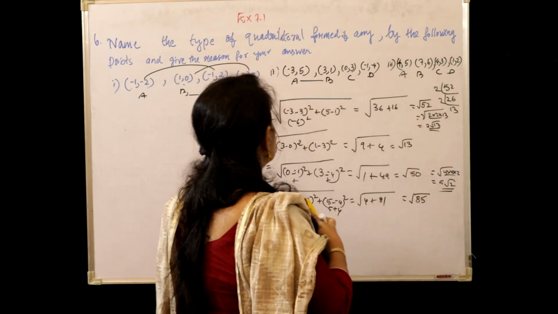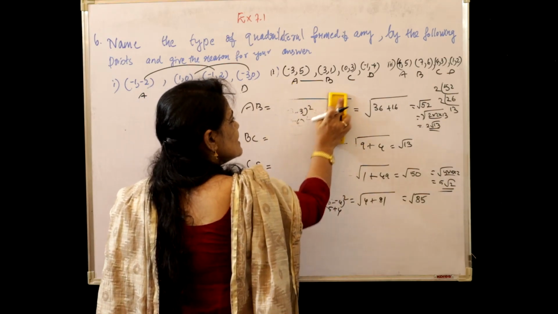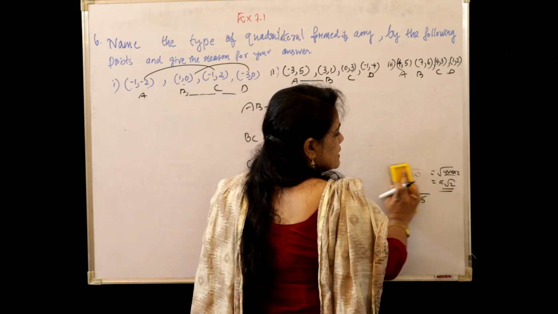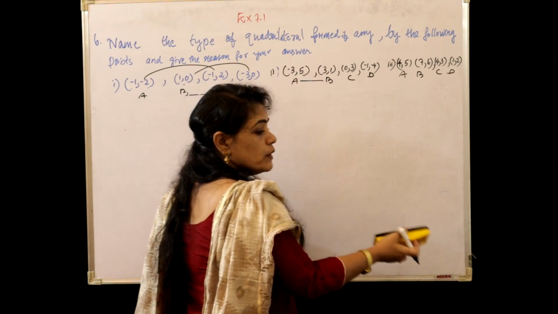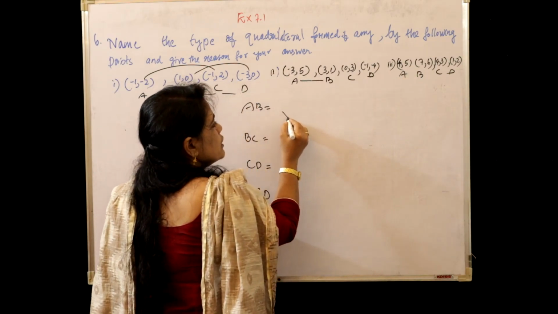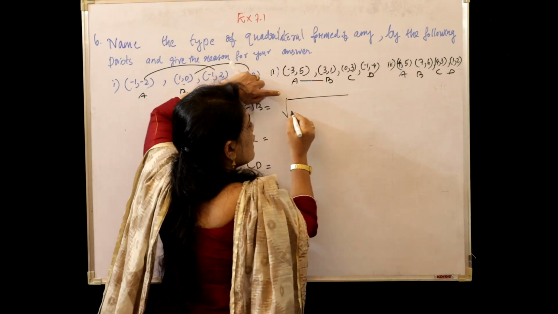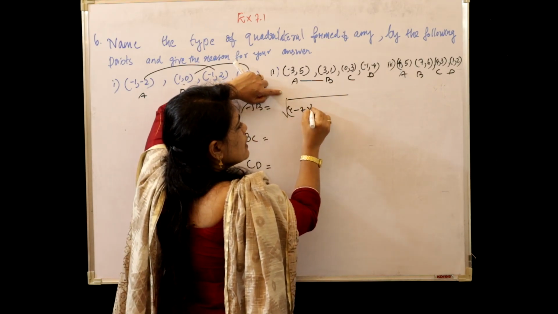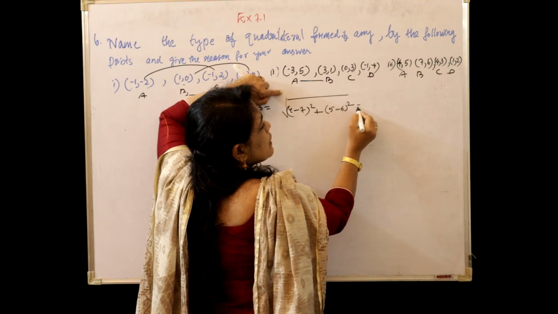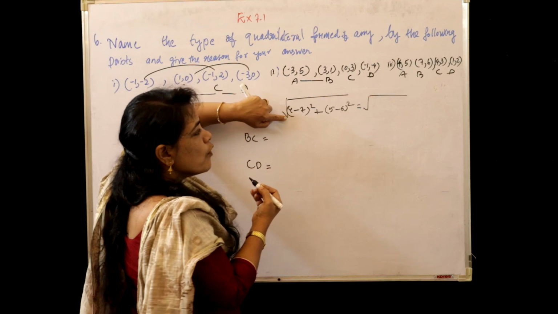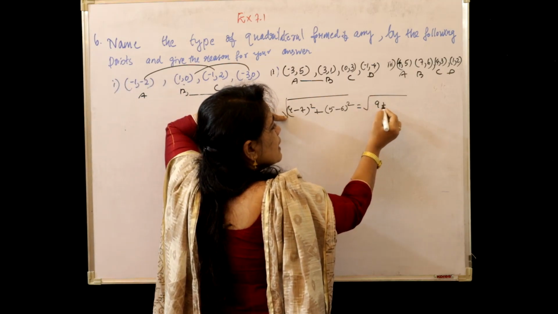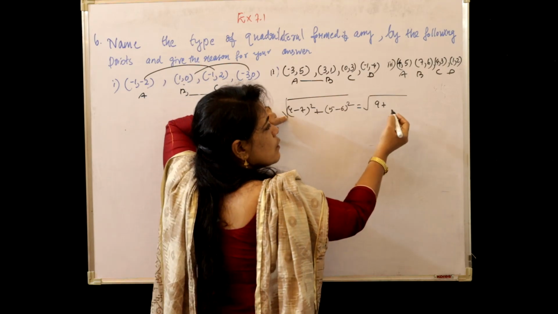So here we have the same formula, that is the distance formula, applicable for all the 3 because we are finding the sides. Okay, so the distance between the 2 vertices, that is A and B. So this is x1 y1, this is x2 y2. So (4 minus 7) whole square plus (5 minus 6) whole square, that is equal to 4 minus 3, that is 3, 3 square is 9, and 5 minus 1 is 1, 1 square is 1, so